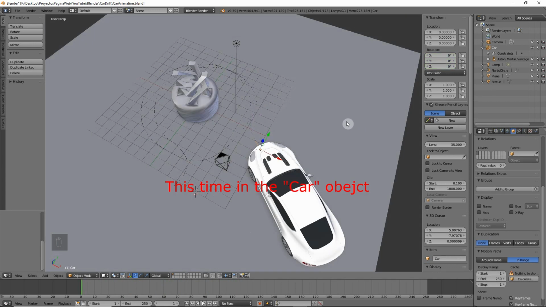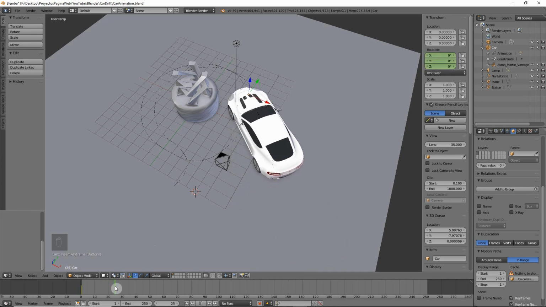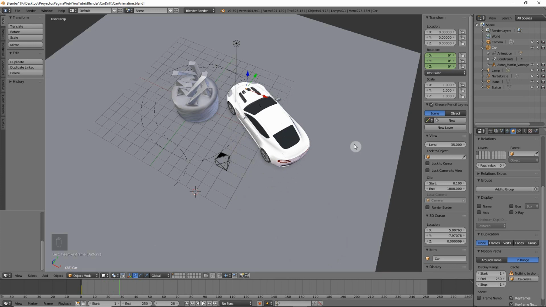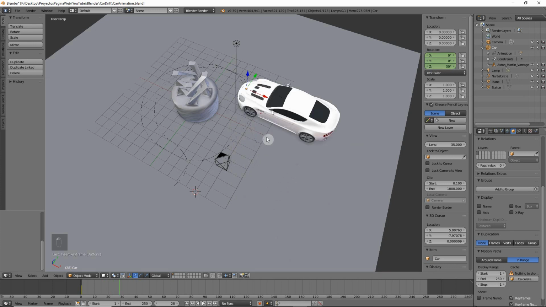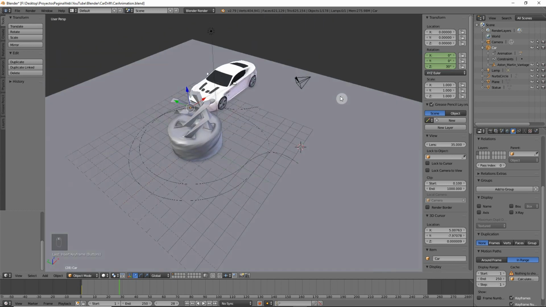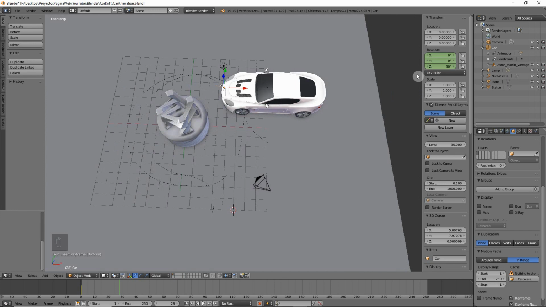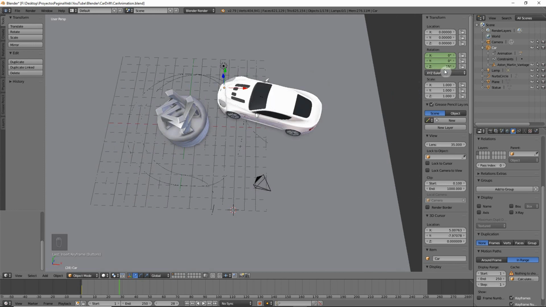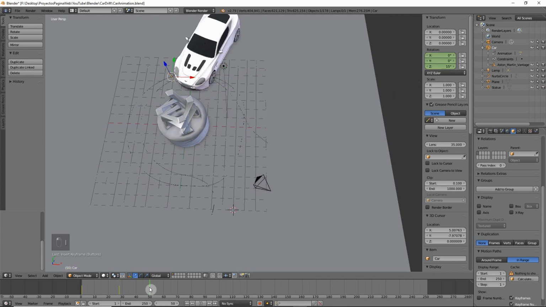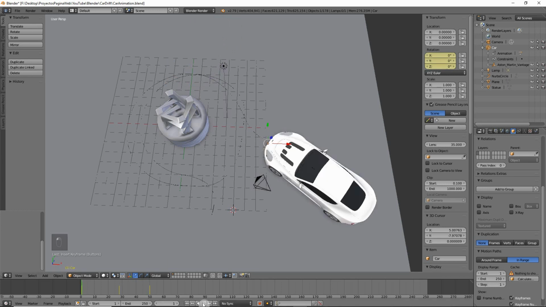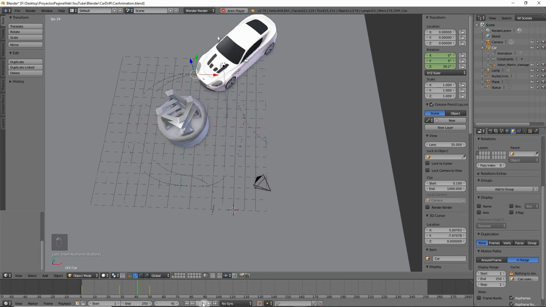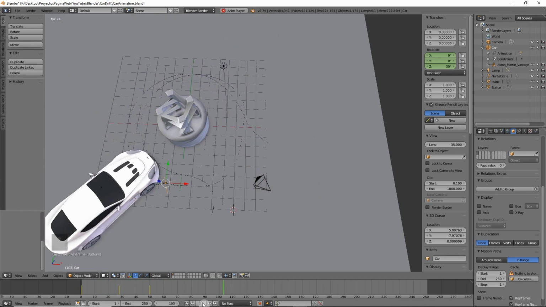Let's see why. So for that we're going to set some control points to the rotation of the Z. Then let's move the car a bit more forward, and then here we want the car already to be at about 30 degrees. Let's see how it looks. It might be okay, maybe not so much yet. Let's just move it 15, and then at the following frames, for instance here, let's then finally move it at 30 degrees. Let's see how it looks now, and we can see that it looks quite better,